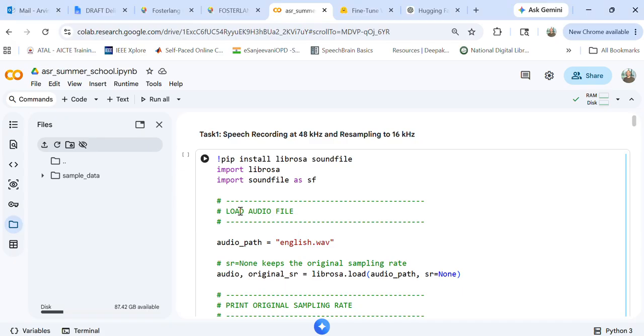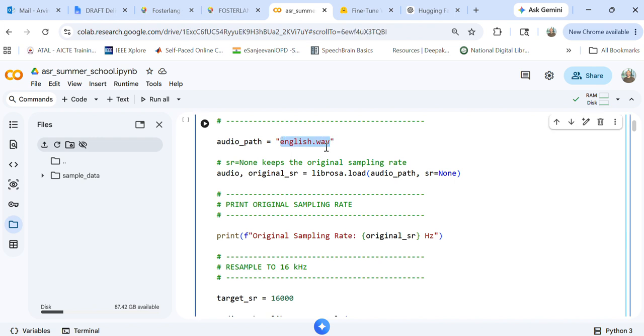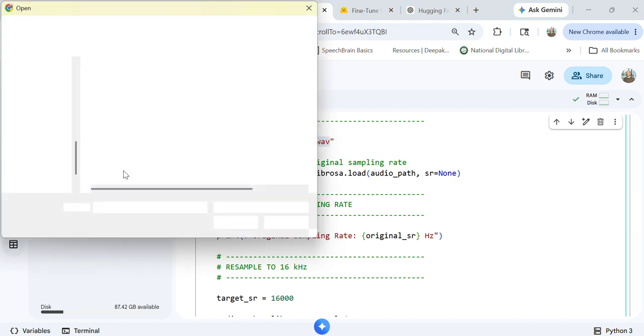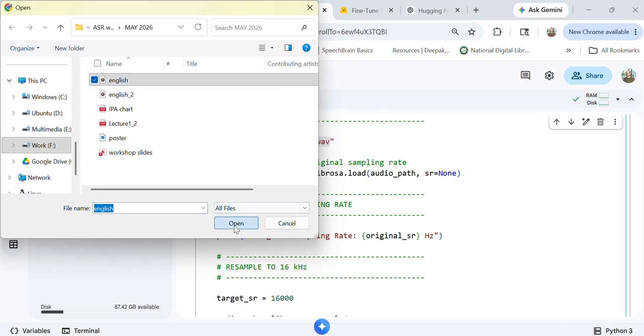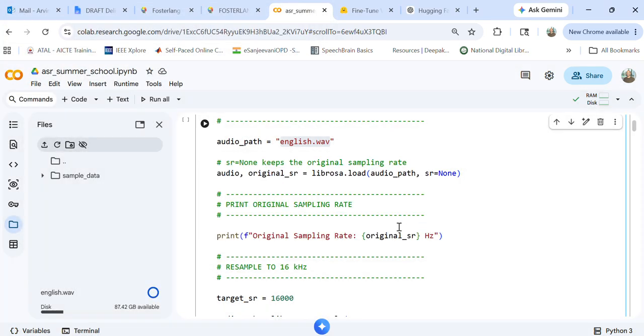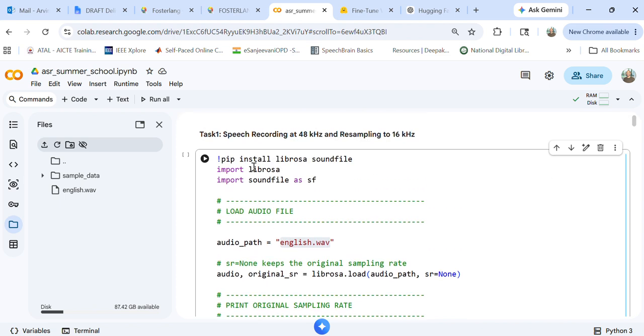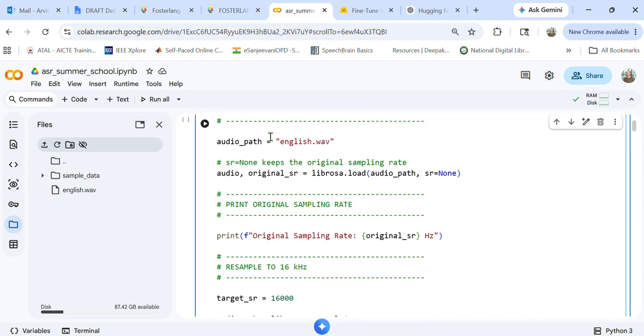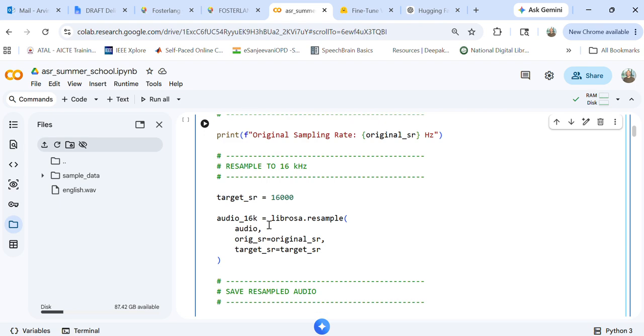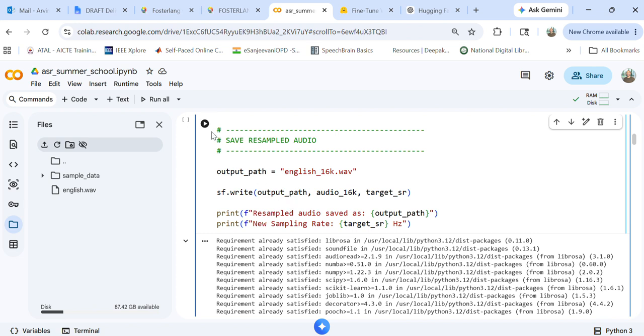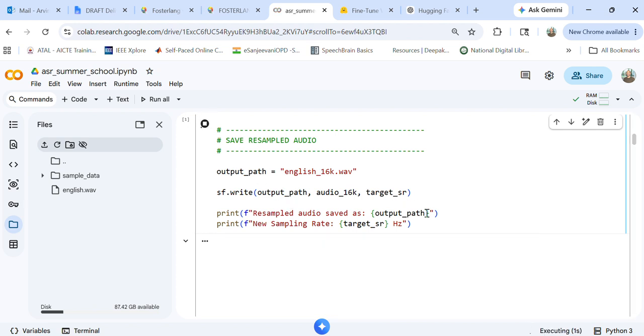run it. So before doing that, you have to upload the file because we are needing one file here, english.wav. So you have to upload this file, and then you simply run this code, right? This is very basic. First, we will import the libraries, and then we will read the file, and then we will resample it using this function librosa.resample. So once you run this,